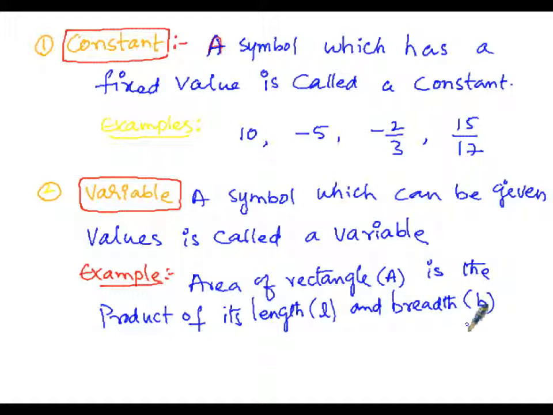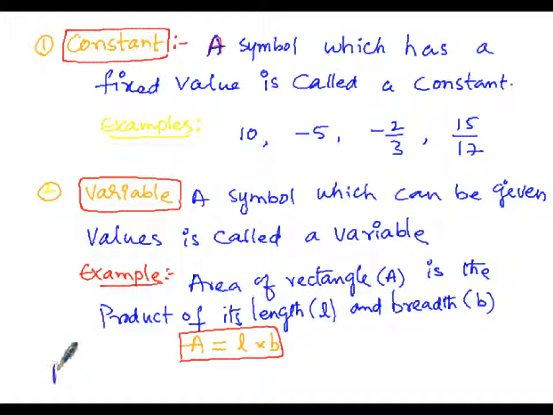denoted by B. Symbolically or mathematically, we can write area of a rectangle as A equals the product of its length L and the breadth B. So here A is equals to L into B. As L varies or differs, or B varies or changes, as the L and B values change, automatically the A value also will change. So here there is no fixed value of A as L and B vary. Therefore L, B and A are the variables.